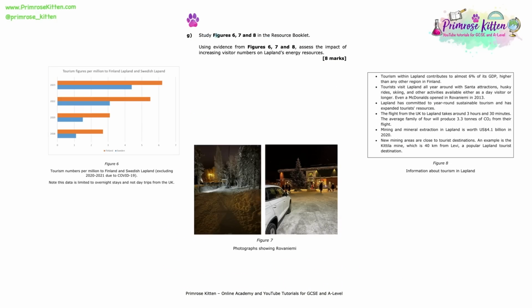Part G. Study figures 6, 7 and 8 in the resource booklet. Using evidence from figures 6, 7 and 8, assess the impact of increasing visitor numbers on Lapland's energy resources for 8 marks. To achieve a top-level response on this question, your answer needs to be balanced and detailed, with a